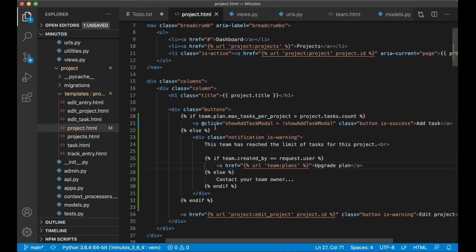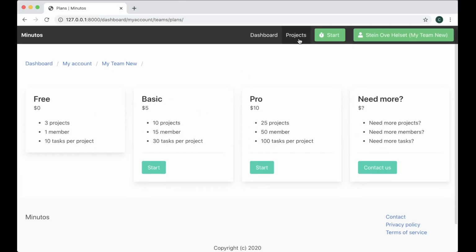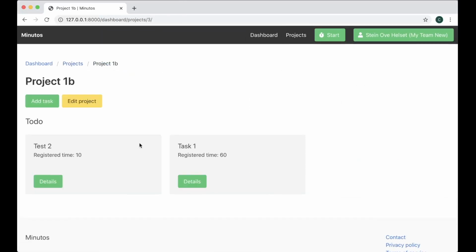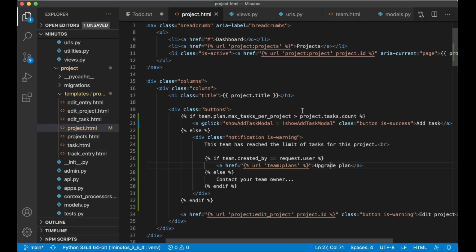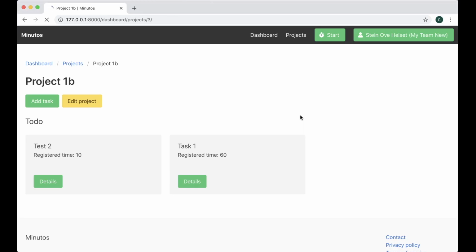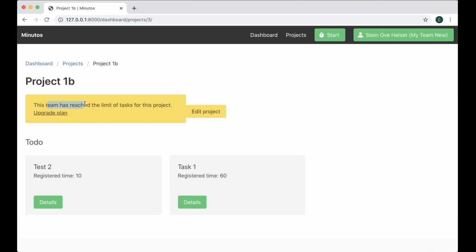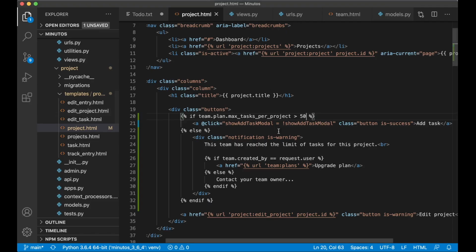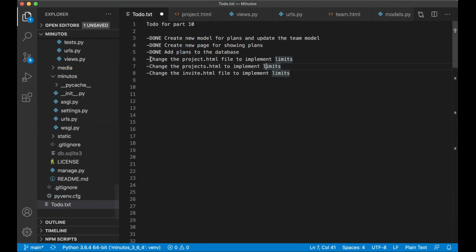So if I save now, and then I go to projects and into a project, you'll see that I see this button. Perfect. But if I say that this should be 50, so I have 50 tasks, refresh, you'll see this team has reached the limit of tasks. I need to upgrade the plan. Perfect. So now that's done. So then I can set this task to done,